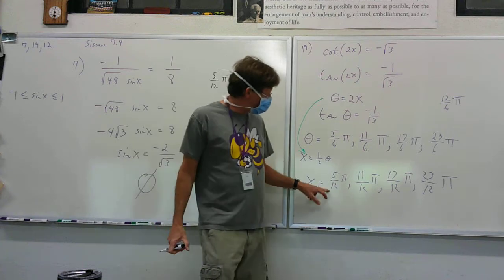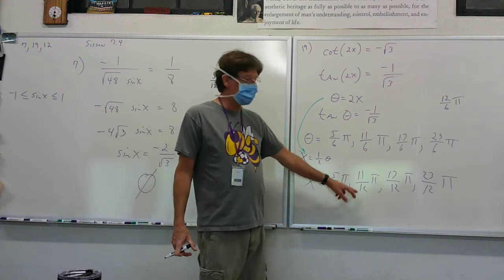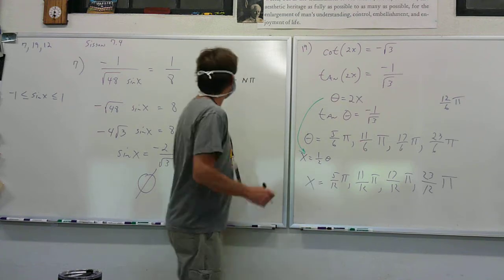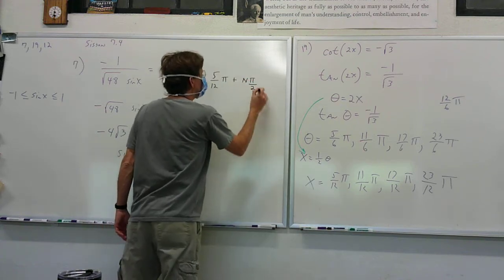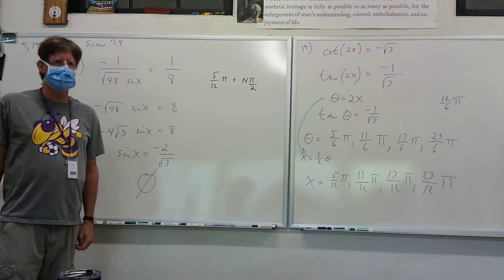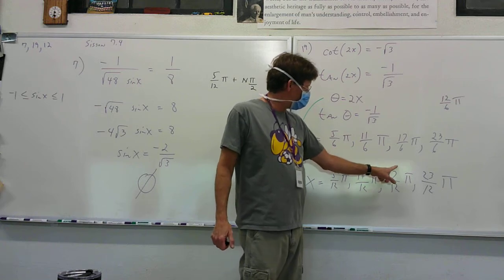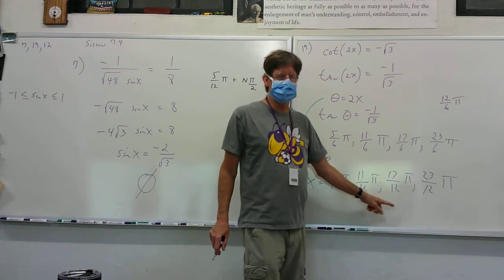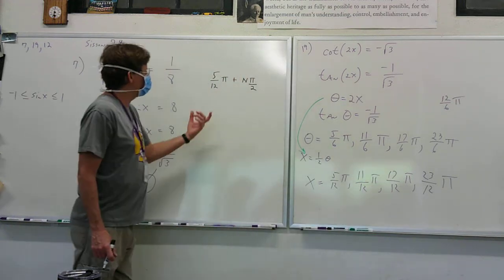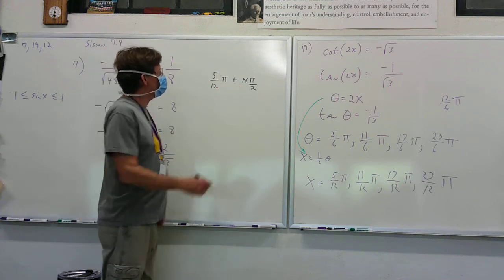What would you add to 5/12 to get 11/12? You would add 6/12, right? Six twelfths is pi over 2. What did you add to 11 to get to 17? You added 6/12. So what he says is the first number is 5/12 pi, and then n is always